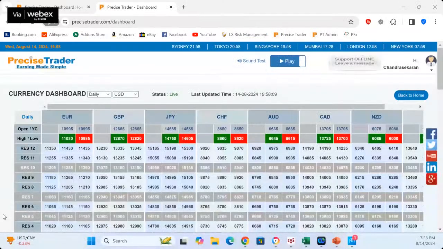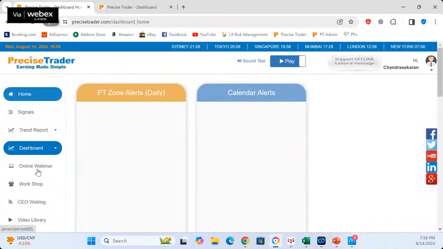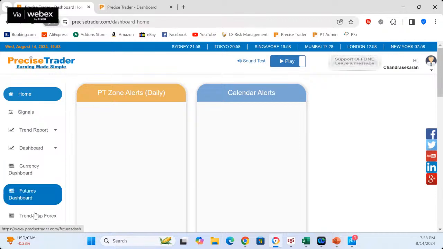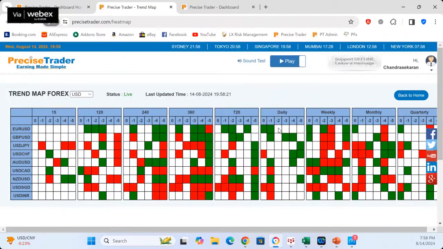Okay, so when we look at today's data, whatever I was just sharing with you is all reflected on the system, and I can show it to you. Just now I told you, if the data is bad, euro dollar is a breakout, because euro dollar right now is already showing strength on the weekly. Weekly means euro dollar is trading above the previous week high.